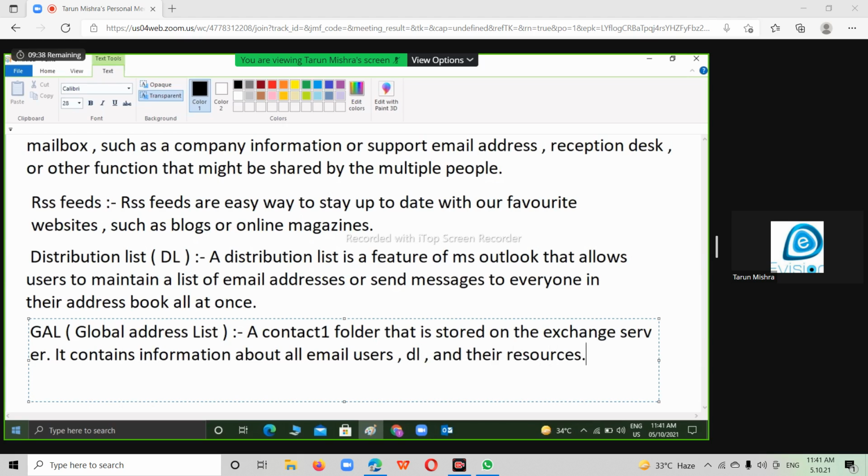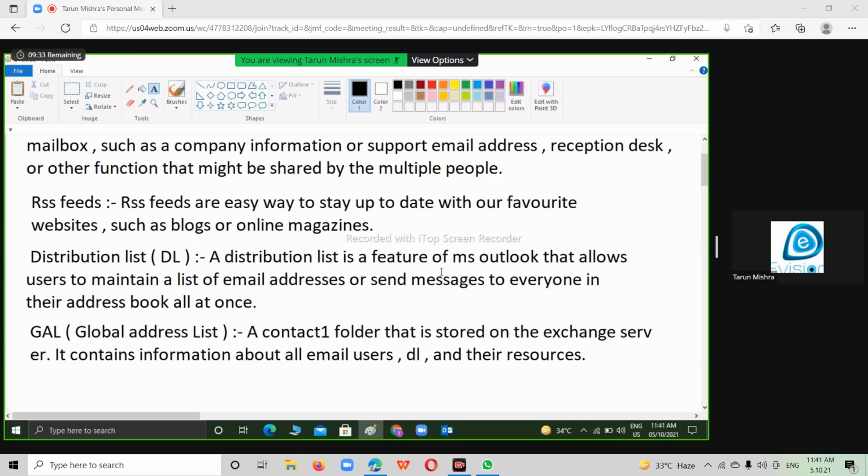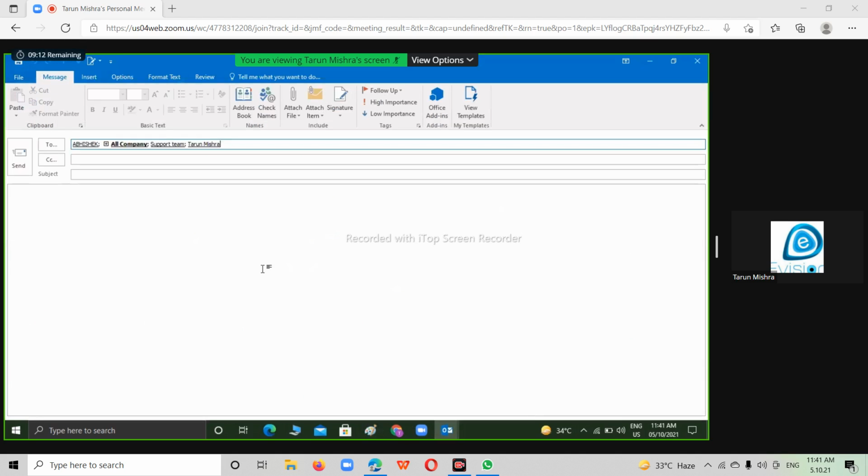It contains information about all email users, all distribution lists, and their resources. You are seeing now that I can send a mail to all the people at a time. Everyone who is in my domain will get a mail.